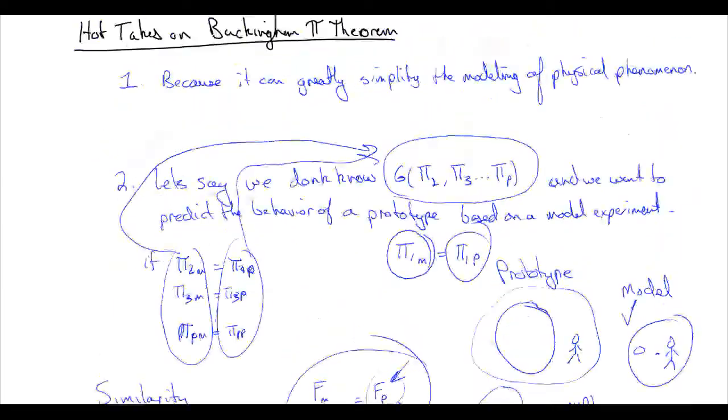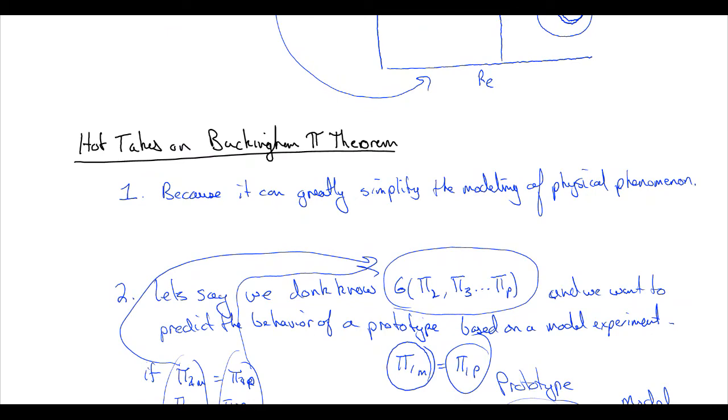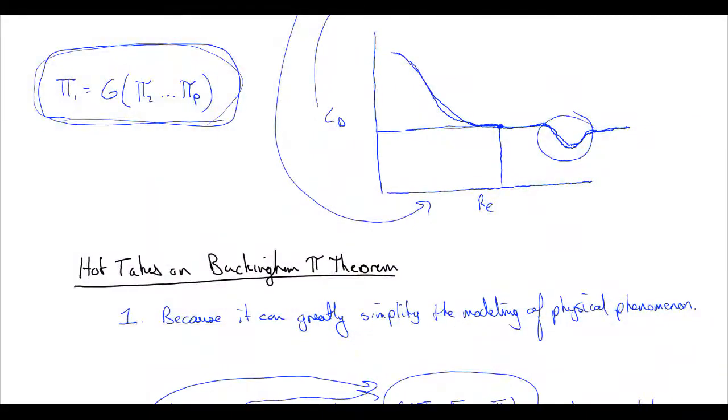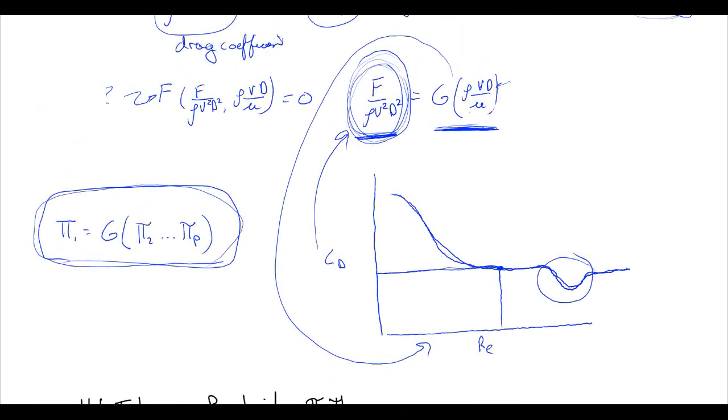Last lecture we talked about Buckingham Pi Theorem. We talked about how it can be used to greatly simplify modeling a physical phenomenon. We gave the example of the ball in air, trying to calculate the drag force, and how there's tens of thousands of experiments you'd have to do to just do a mediocre job of experimentally characterizing the system. Whereas if you use Buckingham Pi Theorem and you